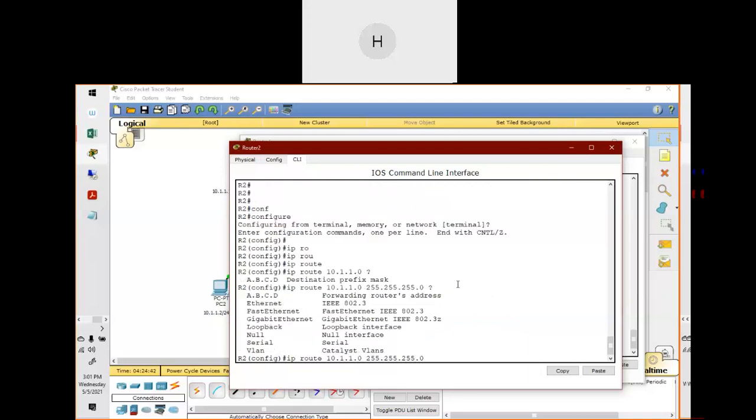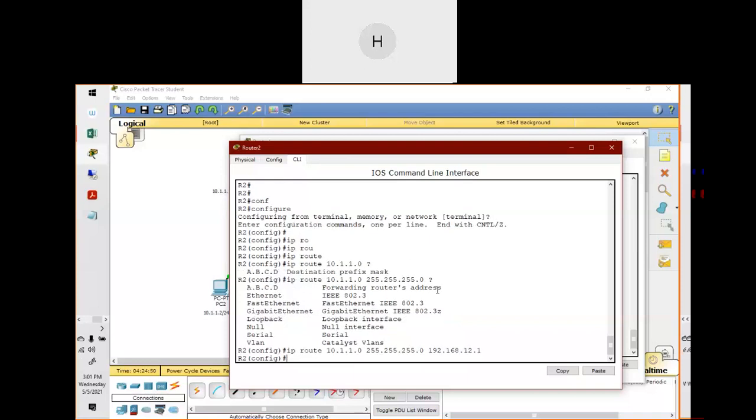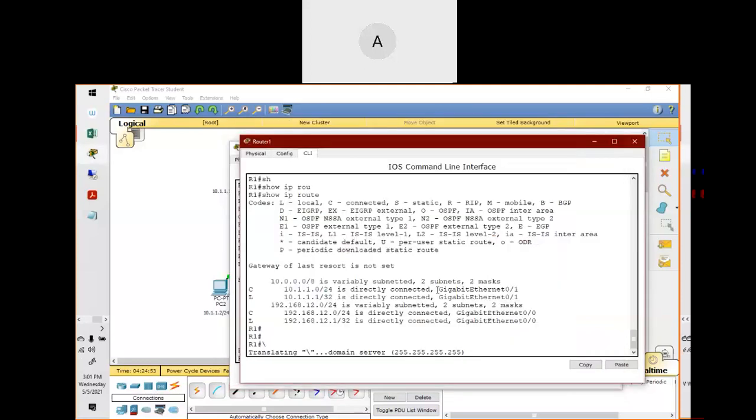And what would be the next hop, the forwarding? 192.168.12.2. Done. We are on router 2. Same goes for this one. Okay, we have to wait here.